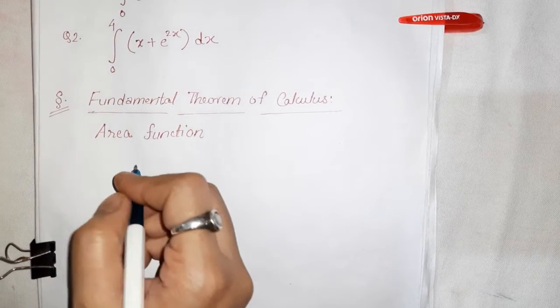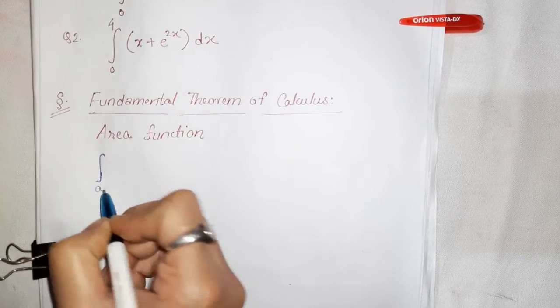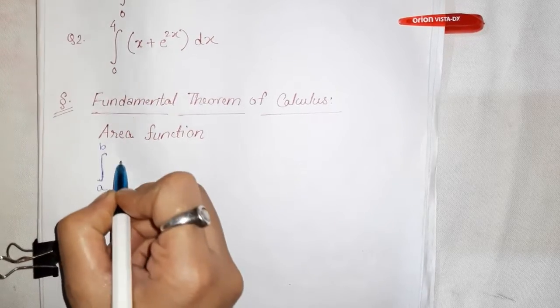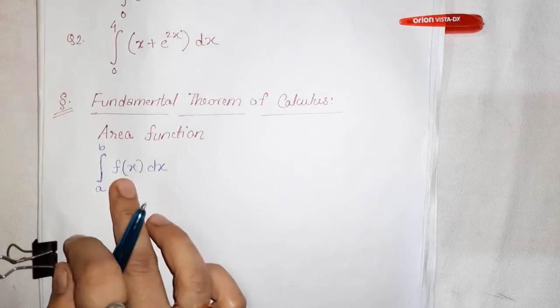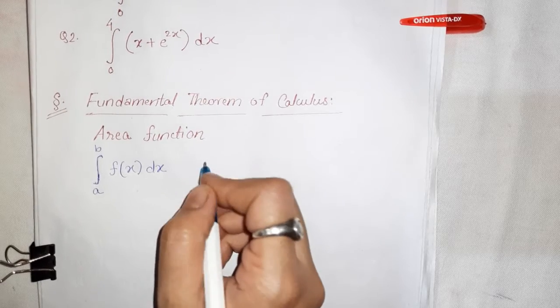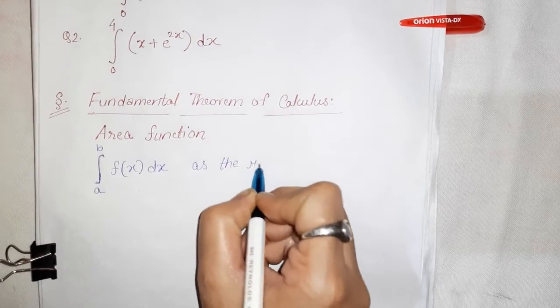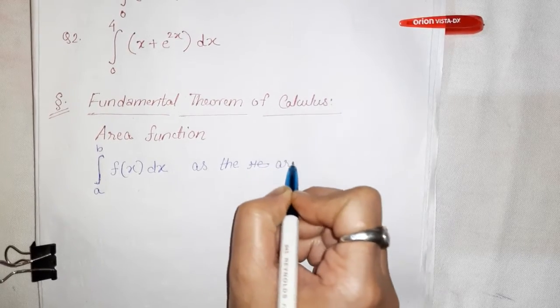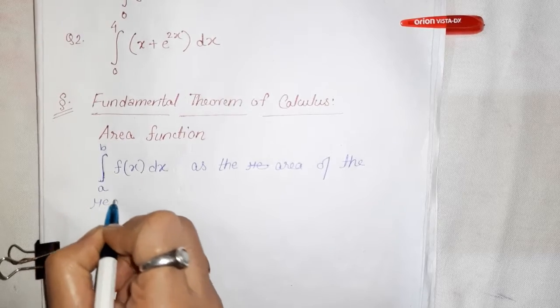So far we have studied and defined that the integration of a function from a to b, and suppose your function is f of x dx, we define this as the area of the region bounded by